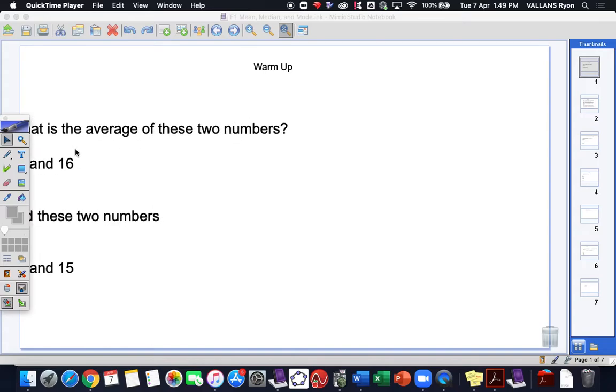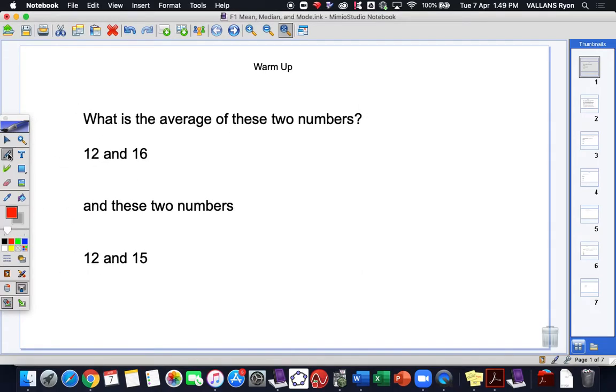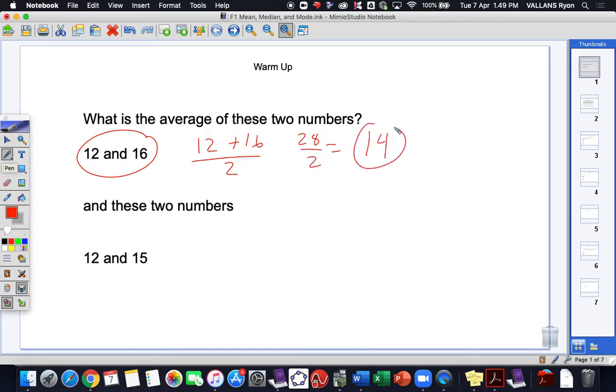If I average the 12 and the 16, that's the same as 12 plus 16 divided by 2, which is 28 divided by 2. 14 is the average of that. That's the middle if I average those up. If I take 12 plus 15 and divide it by 2, I end up with 27 divided by 2. I get 13.5. This will make a little more sense because what we're doing is a big